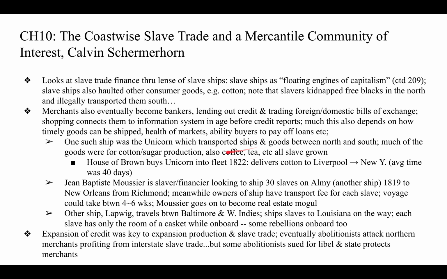One ship was the Unicorn, which transported slaves and goods between the North and the South. Much of the goods were for cotton and sugar production, also coffee, tea, etc., all slave-grown. I'm going to skip over some of this. He shows how big banking houses buy up ships in some cases, and how slavers and financiers hire ships to ship slaves for them, and the owners of the ships exact a transport fee for each slave. He looks at different ships here, the Almy, the Lapwing,